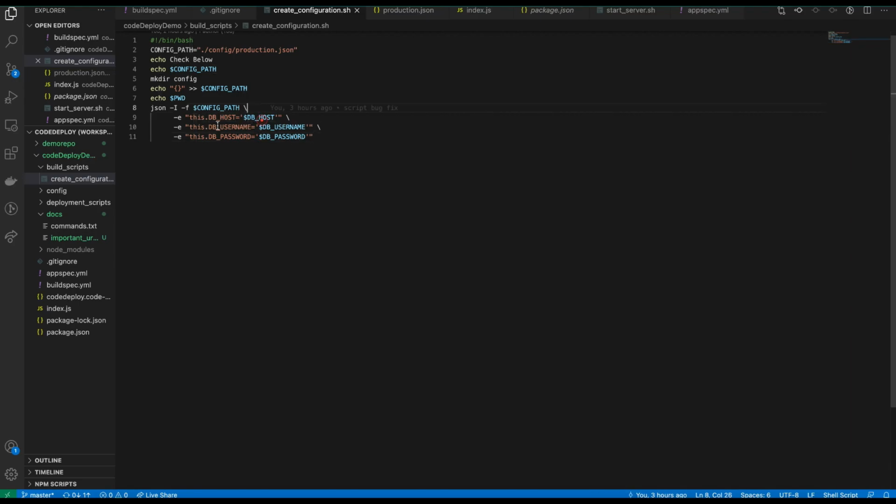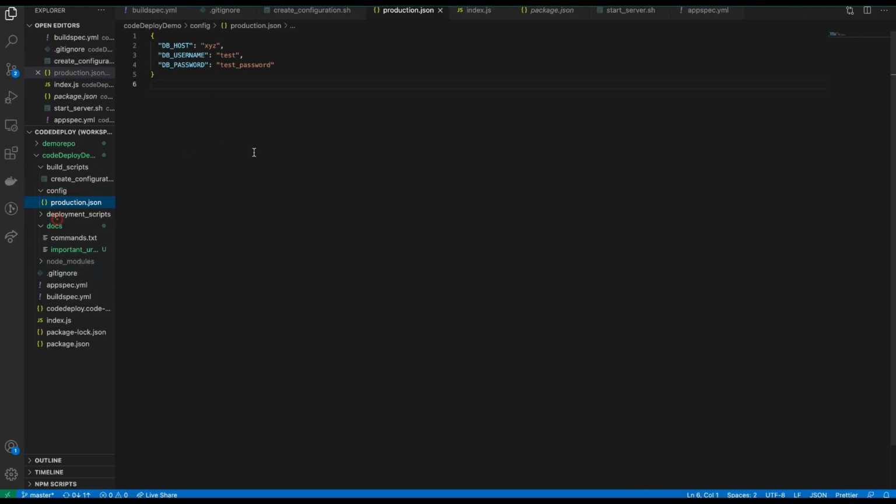So in this file under config production, I am first creating the directory, then creating the blank file, with echo, which creates a blank object. Then I am doing in-place editing. I am pulling the variables that are available in the CodeBuild phase and editing this file, so under config production I will have the values available accordingly.